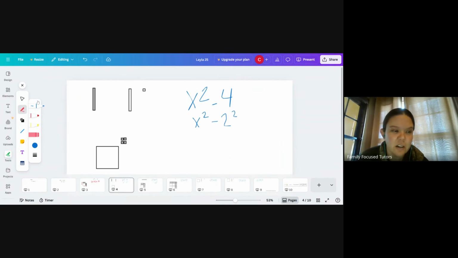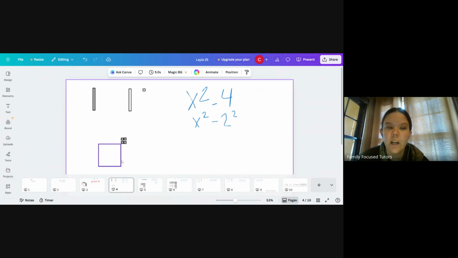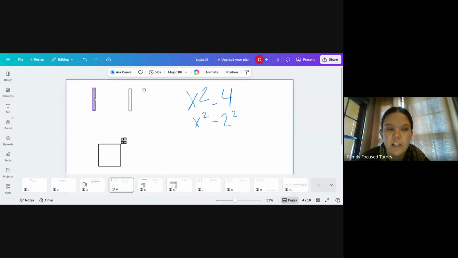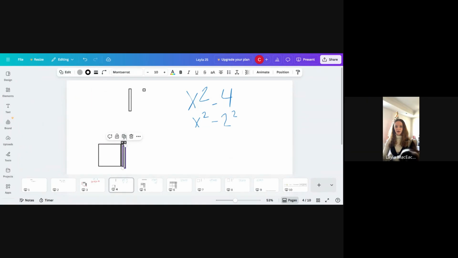So let's look at our square. We're going to build our square. We have our x squared and we have our negative 4. They're gray because they're negative. What can I do to build this square around it and not change this value any? Add 2 of those 10 blocks underneath, on top and on the bottom of the square. If I just add all the gray ones and I have negatives, does that work? Not, well,